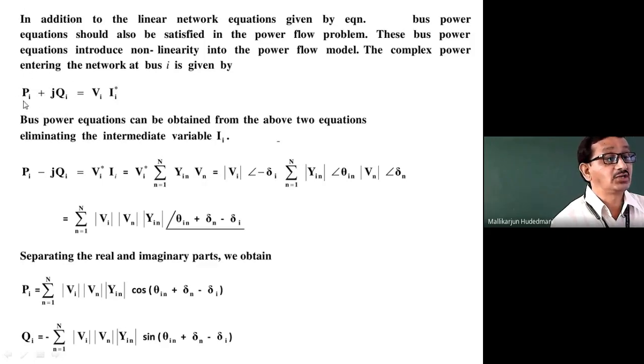It is the bus voltage of that bus, VI, and the current at that bus, II conjugate. If I take the product of these two, it represents the complex power at bus I,